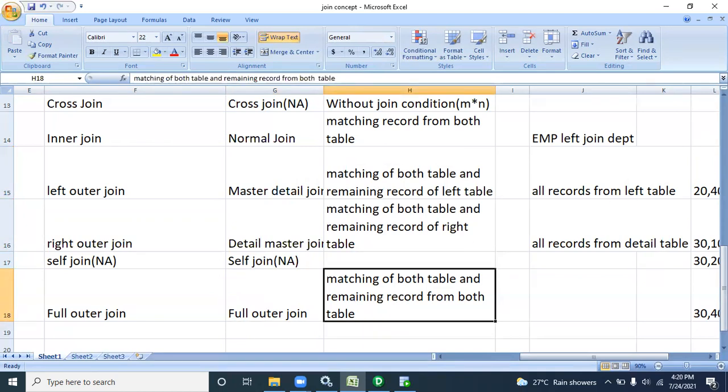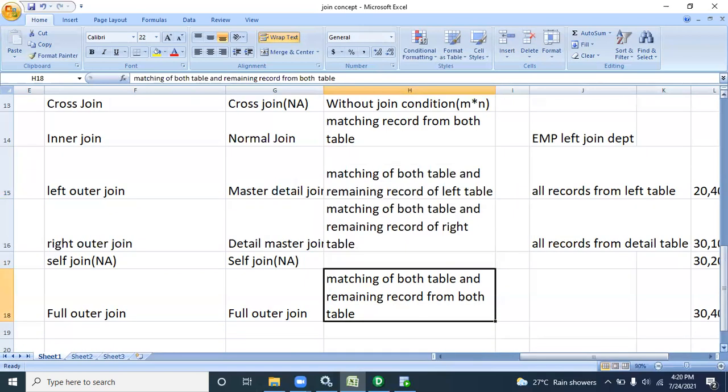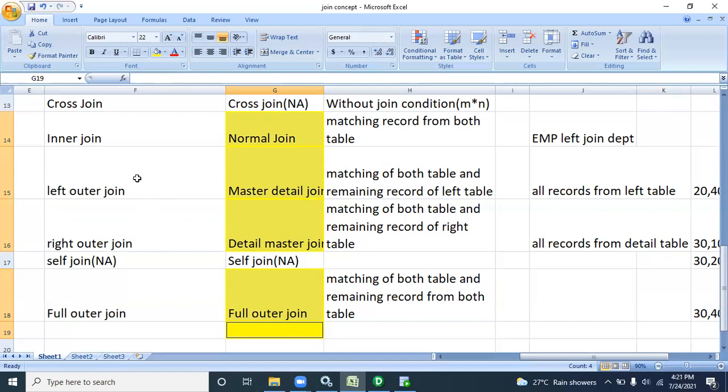Same concept. That means when we compare concept-wise, Informatica gives 4 joins: normal, master detail, detail master, and full outer join. So inner join is equal to normal join, full outer join is equal to full outer join, but there is a bit of difference between left outer and master detail, and right outer and detail master.